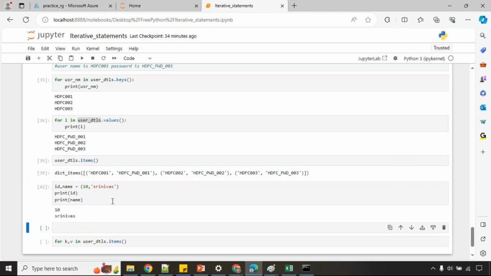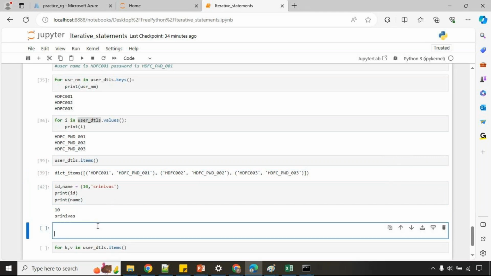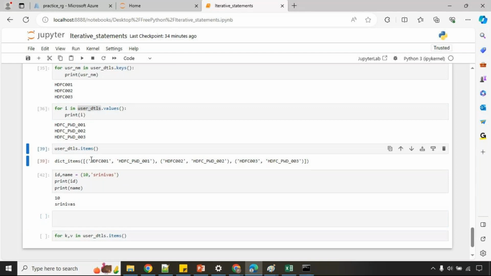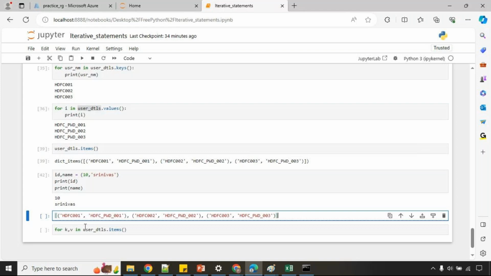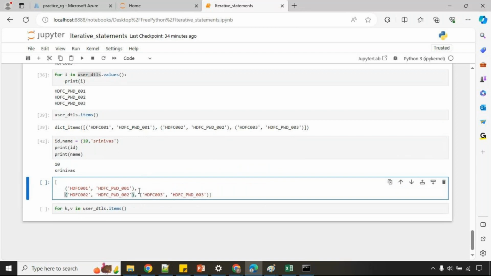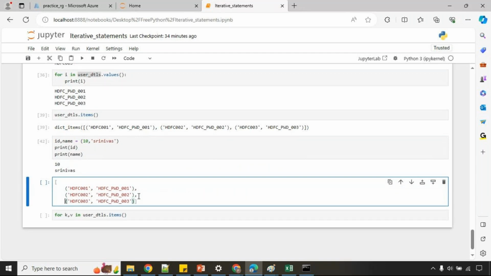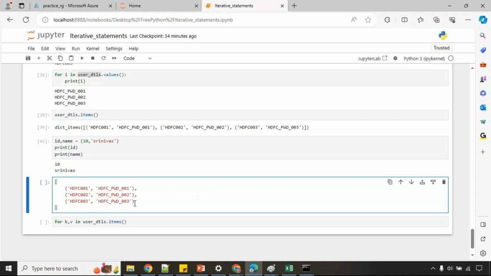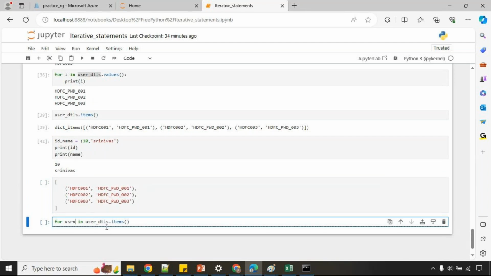So here what I am going to do is, in this list, I am having elements like this. Here, this pair of elements I can assign like this, right? So here I am going to assign like this: username, password. From these details,